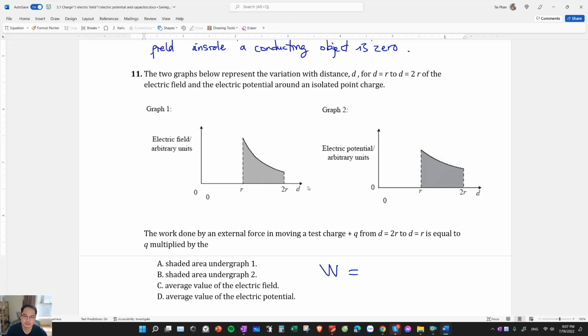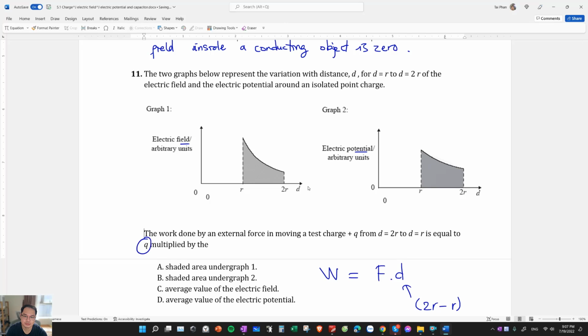Work, we know that is the force times the distance. Here we have the distance, 2r minus r. So we need to find the force. The vertical axis of one graph is the field, and the other is the potential difference. So we have two graphs and we need to choose which one, the area of graph 1 or graph 2. It is said that we need to multiply Q with the